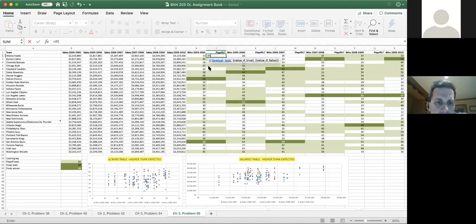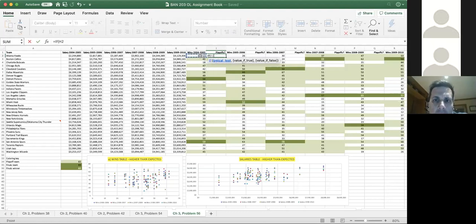Okay, open parenthesis. No, it does it automatically. Okay, now click on the cell that you want to test the condition for, which is the one right to the left. Just this one? Yep, just click on that. So if that is greater than or equal to 42, so you're going to put greater than or equal to. Okay, 42,